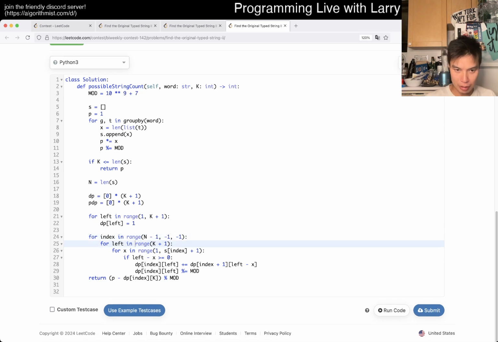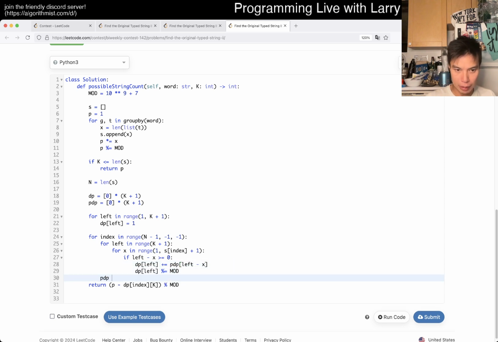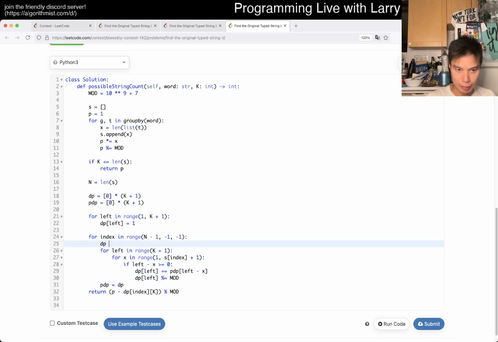Okay, so this is good. Everything should look the same, except for that dp sub left. We look at it as previous, and now pdp is equal to dp. It's not quite space optimized, but whatever.